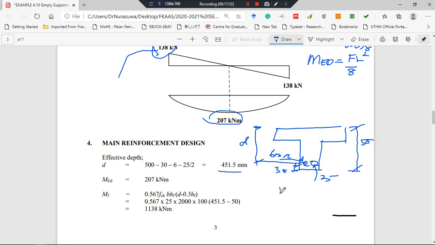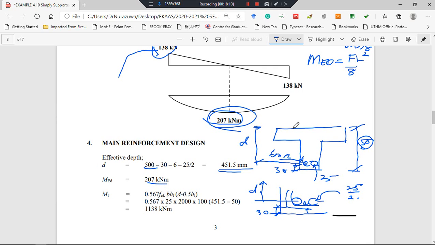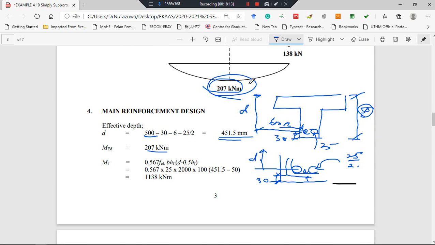So this is the D. So 500, minus the concrete cover, which is 30, minus the diameter of the shear reinforcement, and minus the main reinforcement, which is 25 divided by 2, and this is your D. The calculated design moment is 207, okay, this value. And the moment at flange is equal to